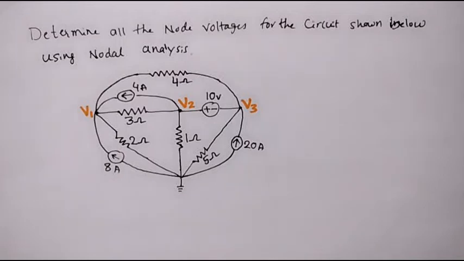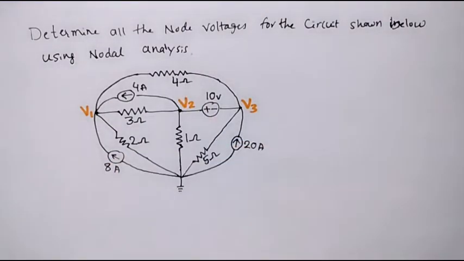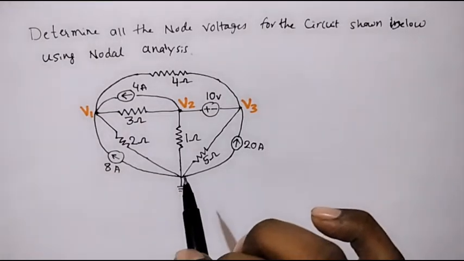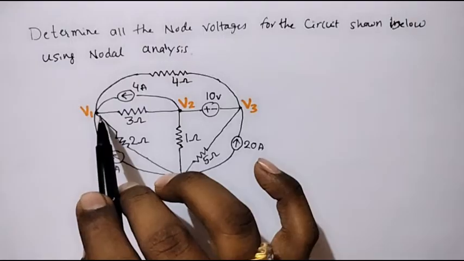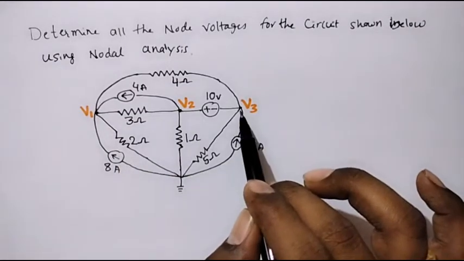Let's take one more example on nodal analysis. Determine all the node voltages for the circuit shown below using nodal analysis. In this circuit, we can observe that there are three nodes, that is node V1, node V2 and node V3,